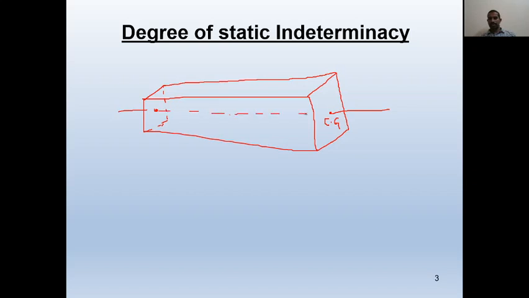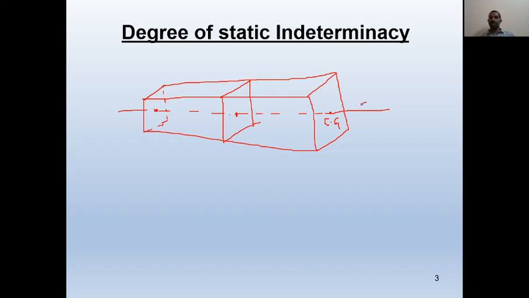So when you consider any line which is passing through the centroids of all cross sections, that means if you consider anywhere within the beam another cross section, here also it must pass through the centroid of this cross section. So like this, if you take an infinite number of cross sections, the imaginary line passing through all those cross sections is nothing but the axis of the member, right? Why we are discussing the axis of the member here is because we have to understand what a beam is first. Okay, so this is the axis.